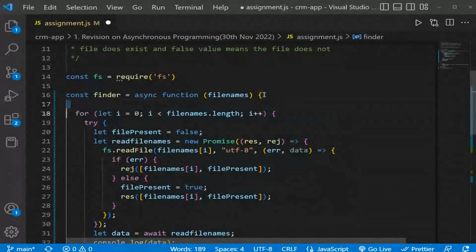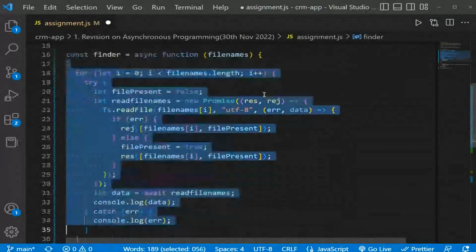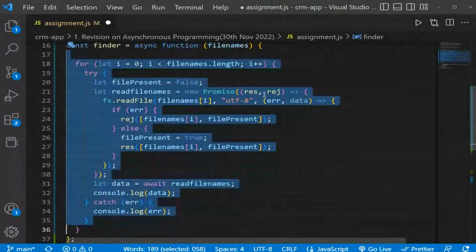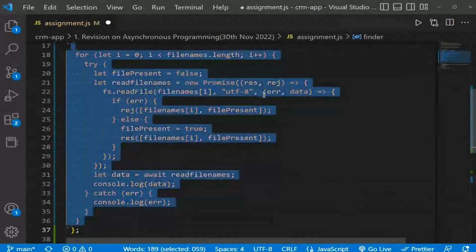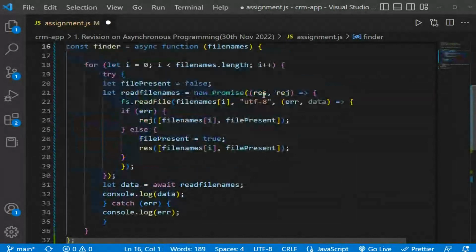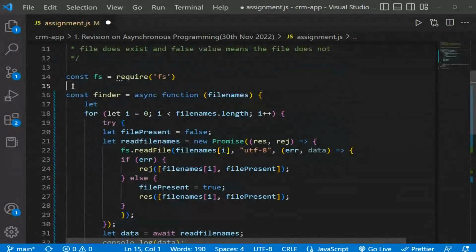Why is this? Wait a second. Let me just select. No, there's some problem. This should go one tab forward. No, that tab. Control Z, tab, and now everything is fine. Okay. So now I'll come here and do tab, let. No, that was not a file directory error. I had selected something here. I had pressed Control and Space, and that actually created a problem in VS Code. There was no file directory error.